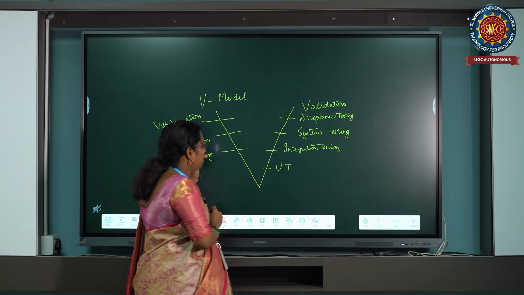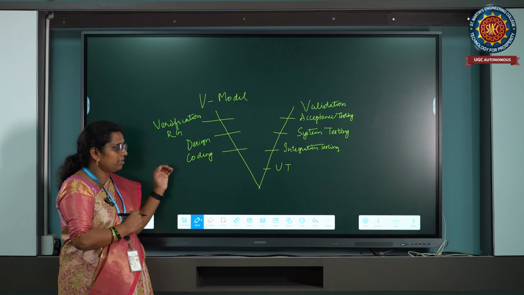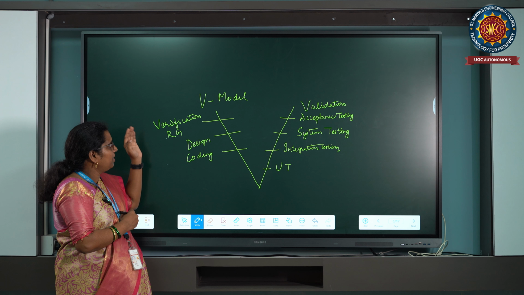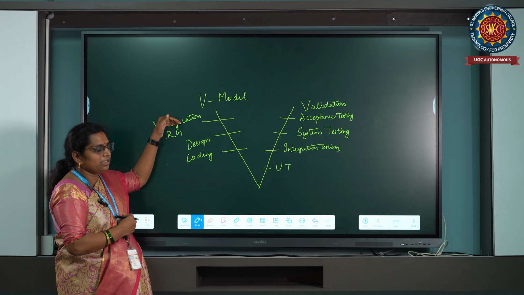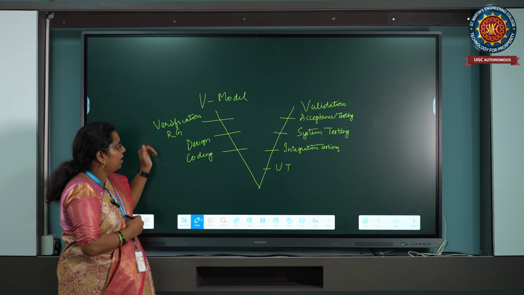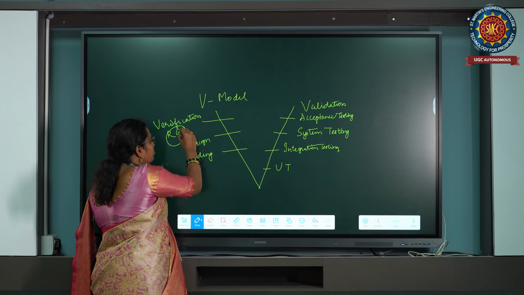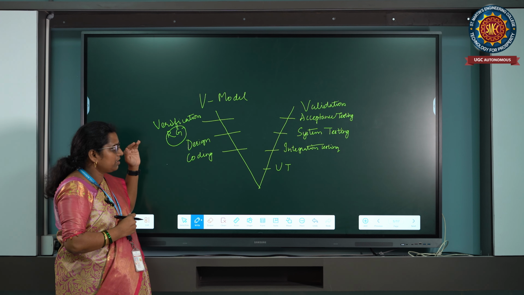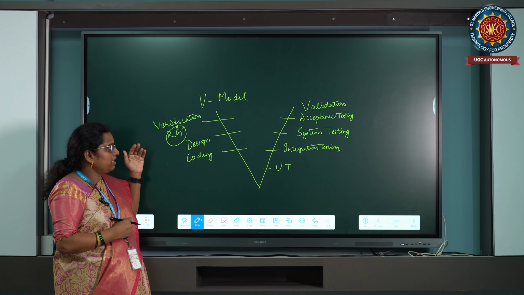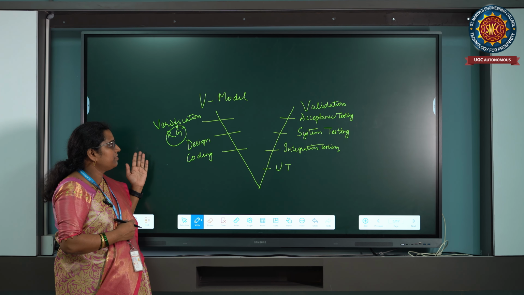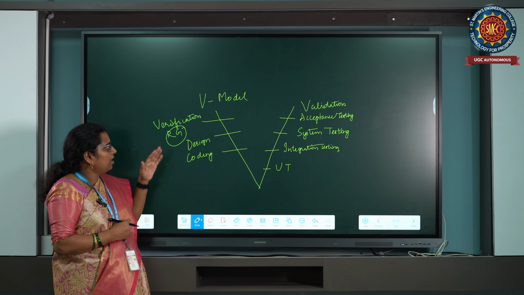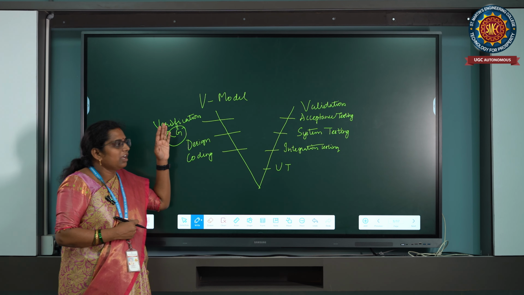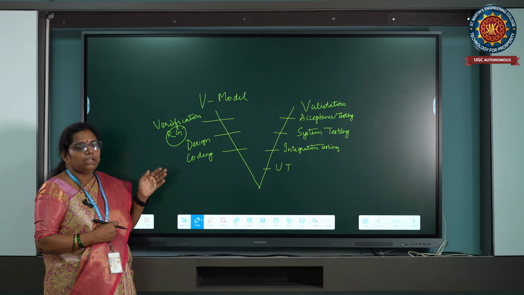Already I discussed, right? You have two parts, integration as well as unit testing, right? This is called verification and validation. That is why the name is given as V model. Now, after each and every phase is completed, you are going for immediate testing. But what is the disadvantage in the waterfall model, as we have seen now? That is, after each phase it is not tested, whereas after completion of all the phases, then comes the